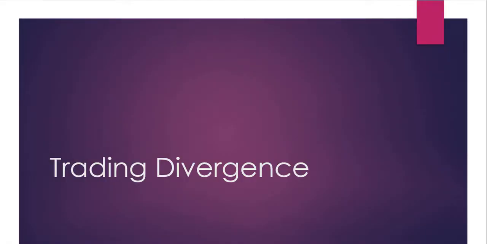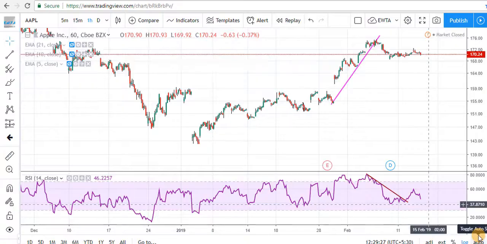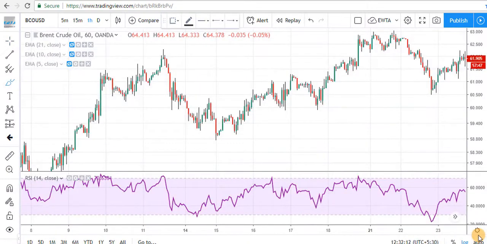Trading divergence is one of my favorite trading strategies because divergence strategies offer very reliable signals when combined with other indicators. Divergence can be used to know the exit point for trend following traders, but it can be used to trade the reversals also. Let's understand the most obvious question: what is divergence? A divergence occurs on the chart when prices and the indicator that we use are going in opposite directions.